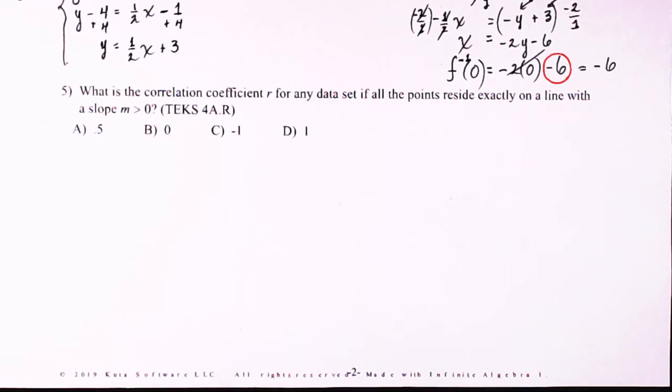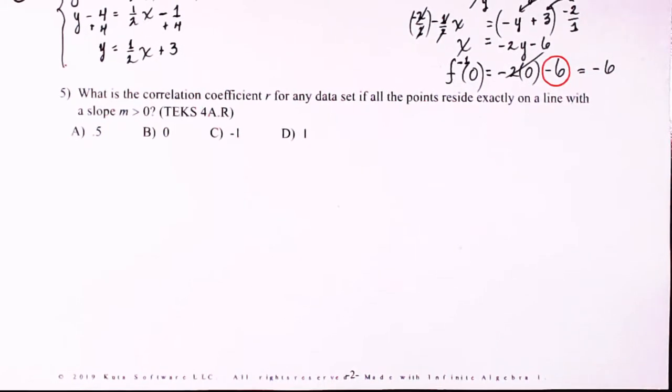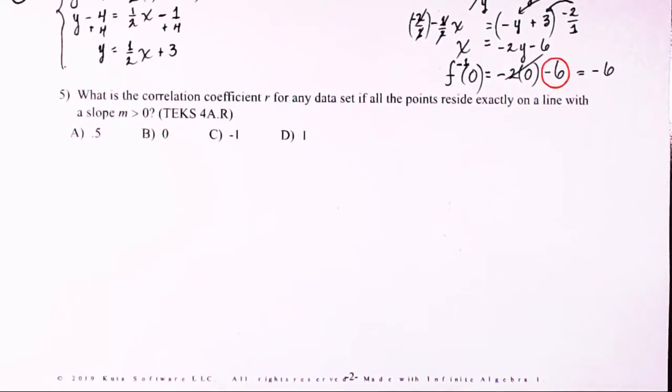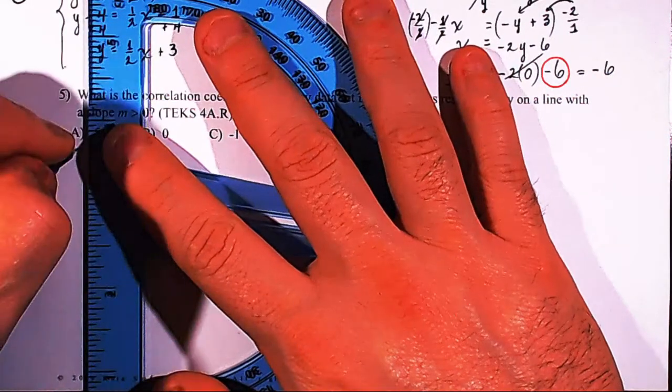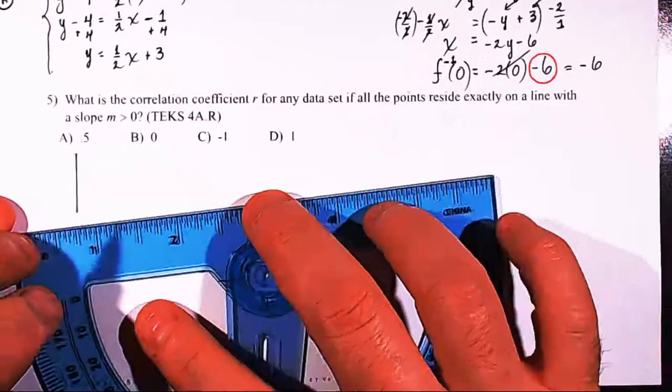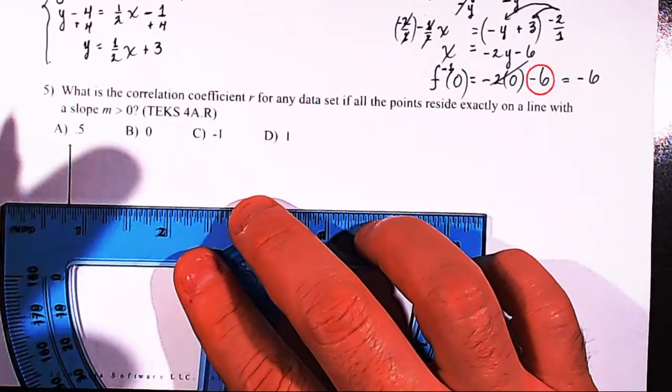What is the correlation coefficient R for any data set if all the points reside exactly on a line with a slope m greater than 0? All right. This is a conceptual problem. It's talking about the correlation coefficient, which we're just now starting to talk about. Okay, so the correlation coefficient